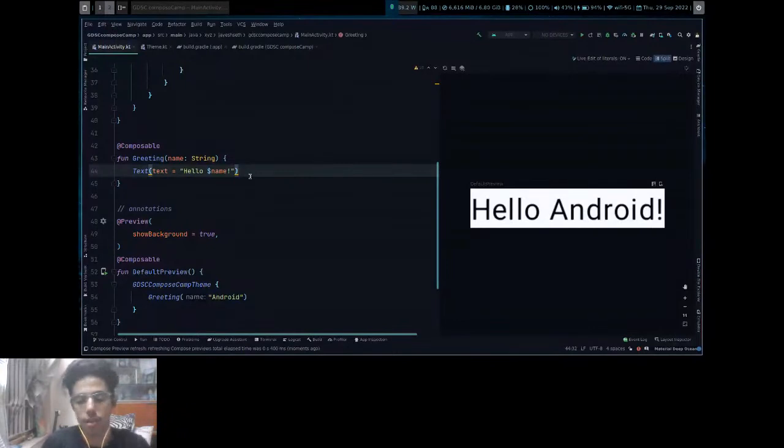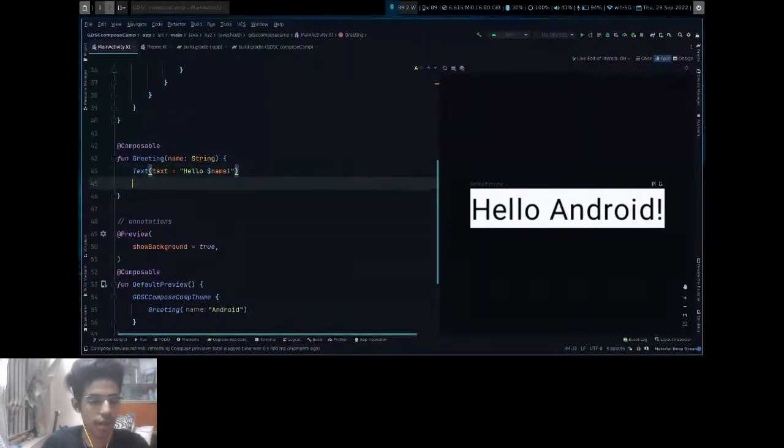So we were talking about the composables in Android in Jetpack Compose. So okay, there's a text here. And what if you wanna add new text or new composables? You can add one more text. What happens when we add one more text?